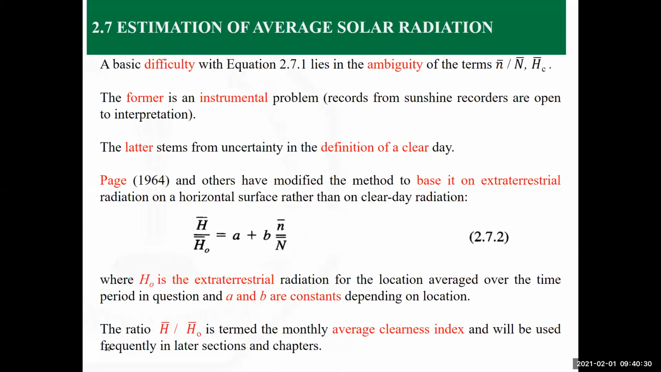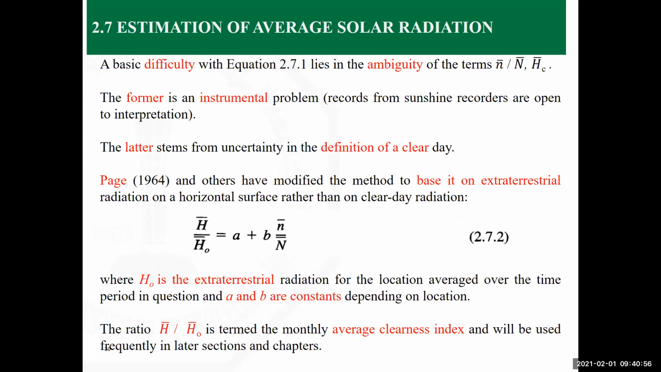So the problem with this equation is being able to determine these values: small n bar, capital N bar, and H_c, the clear sky information. The small n bar is given in the table, but it's not available for every city in the world. Some of them are instrumental problems, like the n over N, and some of them are related to